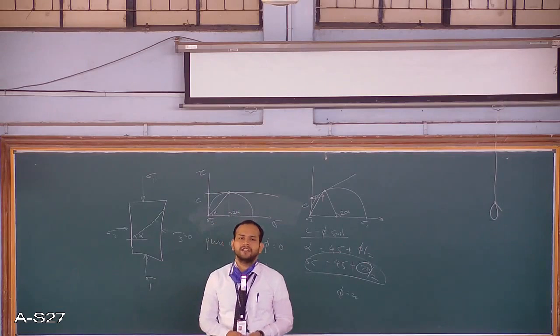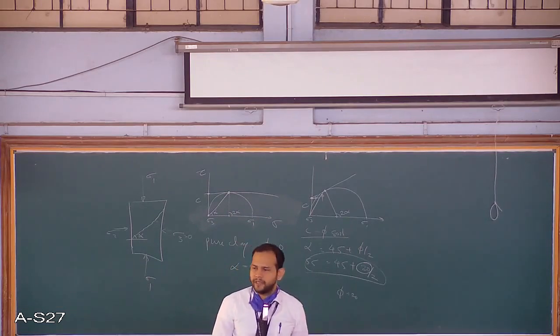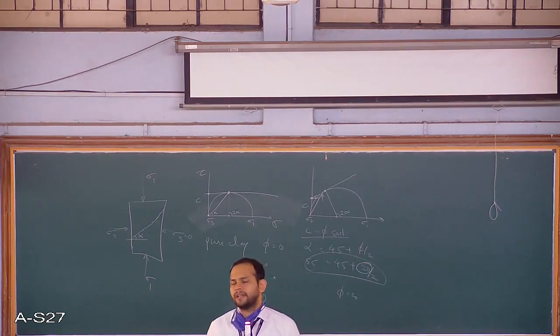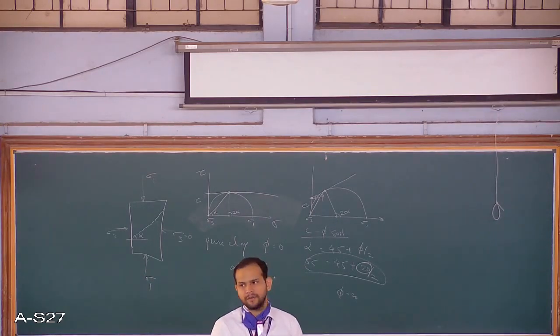Again, like the direct shear test, we have solved problems. You have similar problems in this case also. Either they will give you the failure conditions, then you have to find sigma 1 and sigma 3, or sigma 1, sigma 3 and alpha will be given to you and you have to find the C value. Practically in the lab, what you have is this.